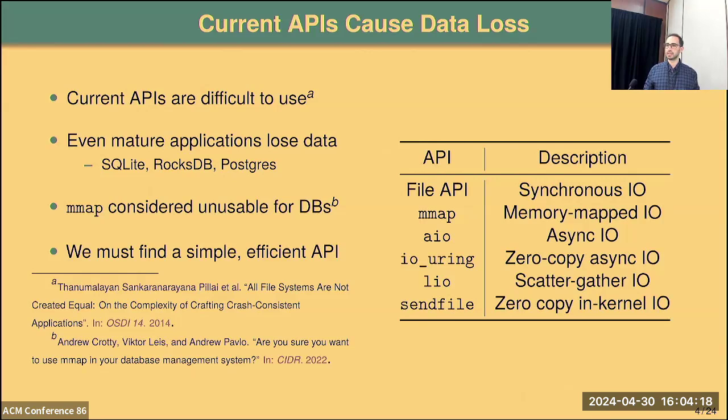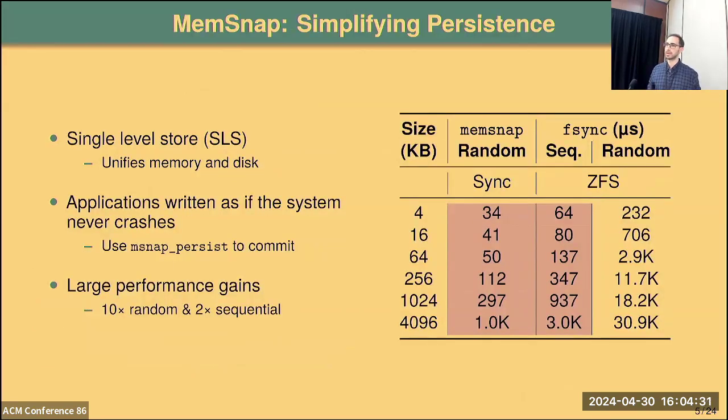We propose that the core source of all these data loss bugs is not the application developers, but it is the API itself, and we should find a better alternative. So this is where MemSnap comes in. MemSnap is an API based on a single-level store OS architecture. It unifies memory and disk into a single storage tier from the application's point of view. The application only sees crash-tolerant memory, in that it can have all its data in memory and assume that the